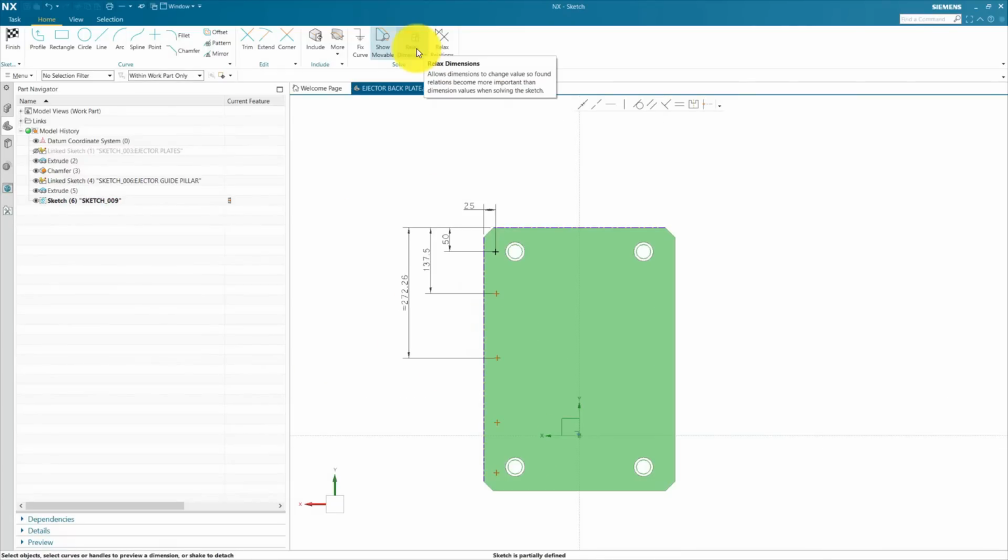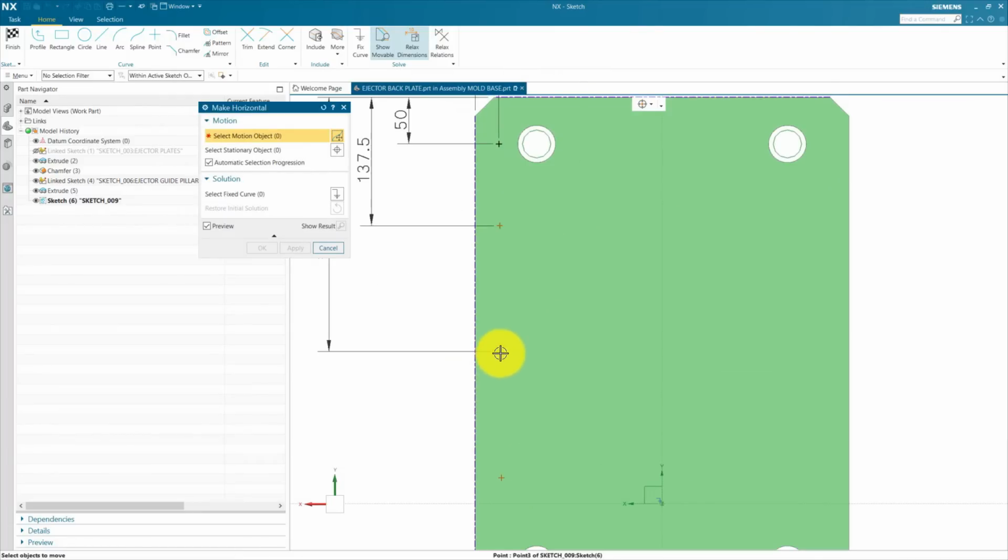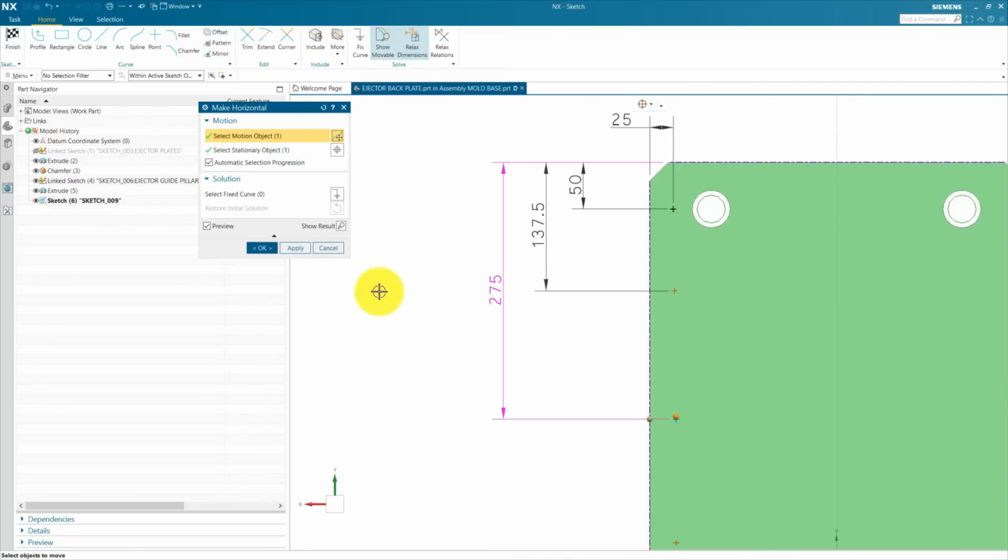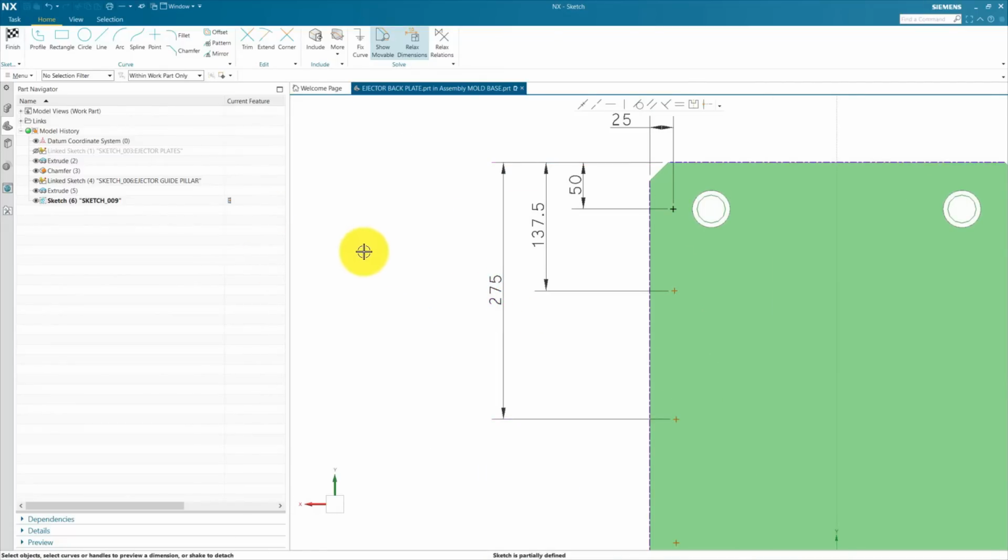We need to relax our dimension. When we relax our dimension, then we can apply this horizontal constraint. Okay, you can see this is going to be relaxed.